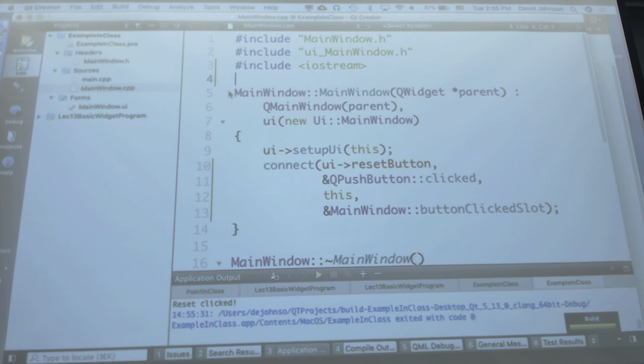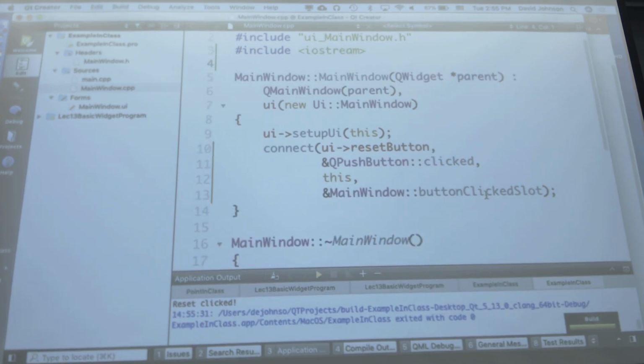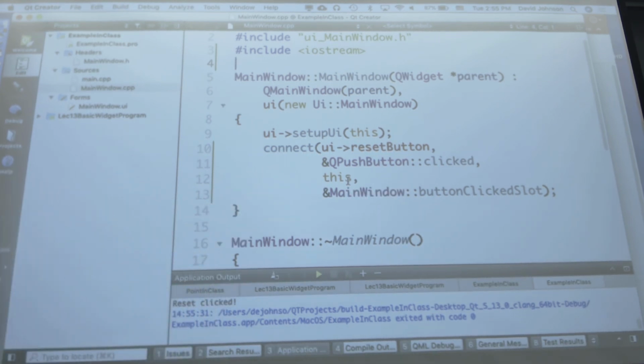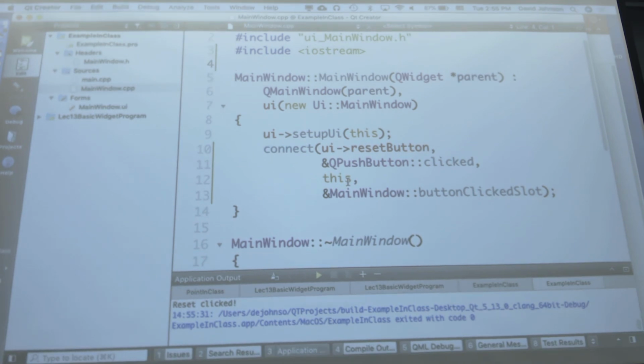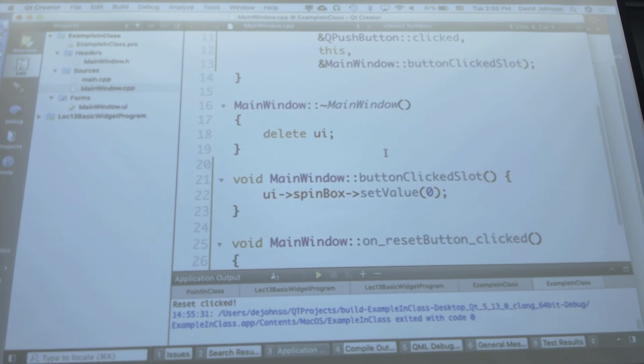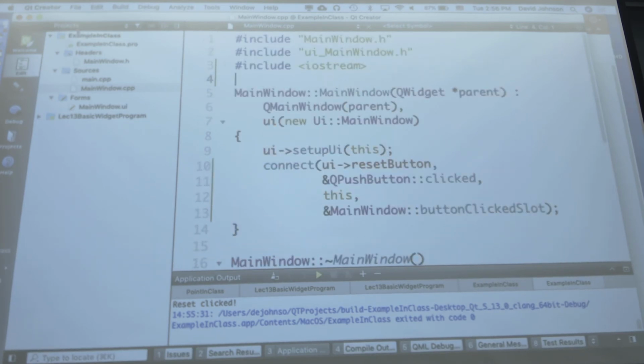Now notice it did not add in any new connect code here, and that's because that connect code is done in the UI main window hidden class inside the build folder, where it makes the connections between the UI elements and other things there. So that connect is still happening somewhere, but it's in the automatically generated code for this. All right. So that's the basics. Tomorrow lab, you're gonna do a little image flip program. Continue this a little bit. Start looking at the apps. All right. Currently, it's time for